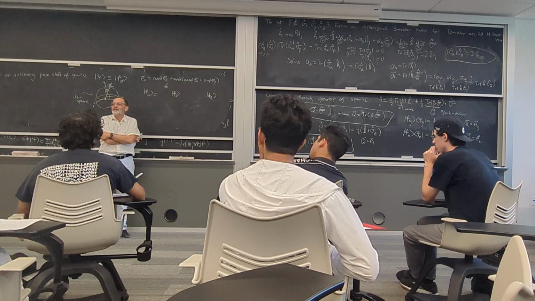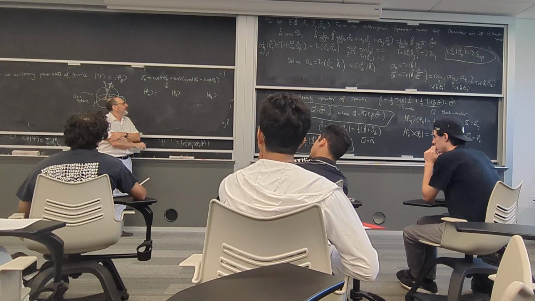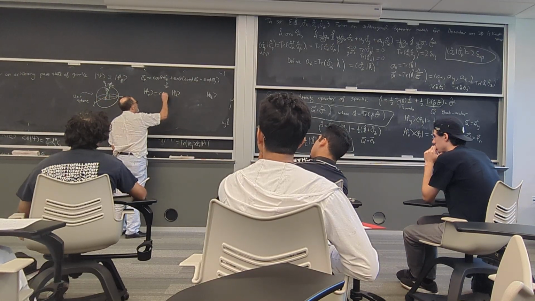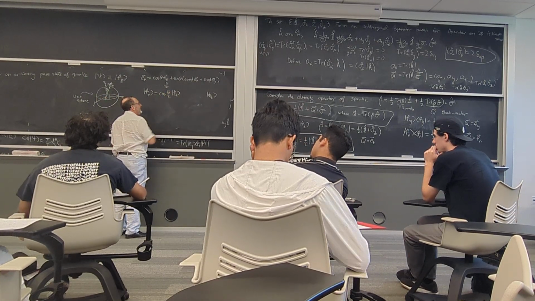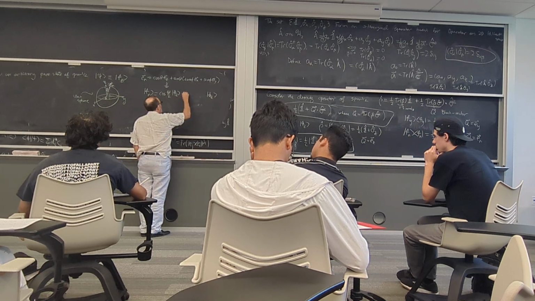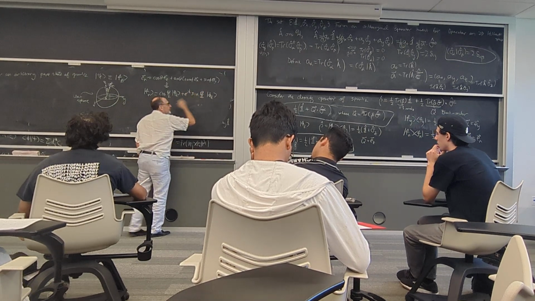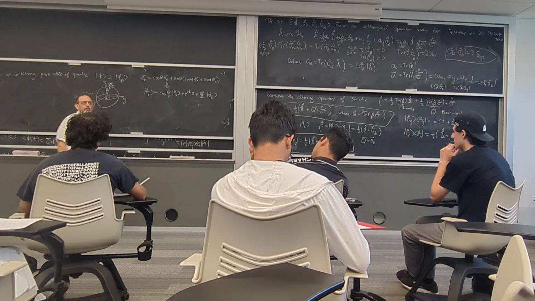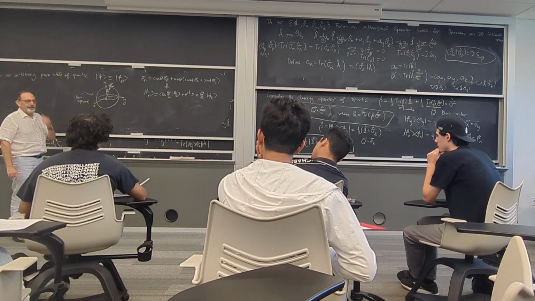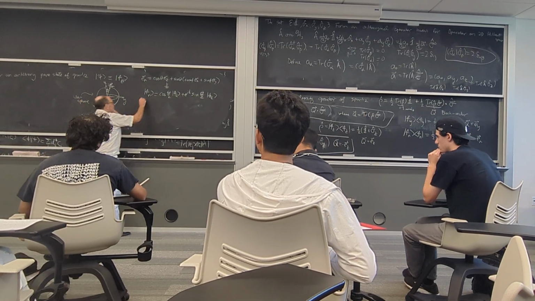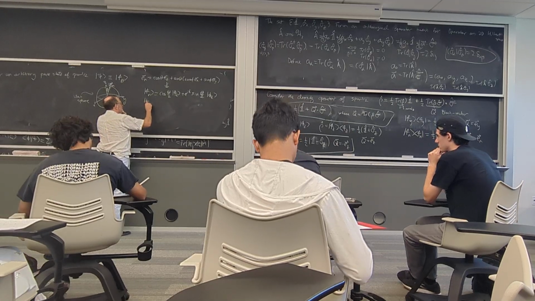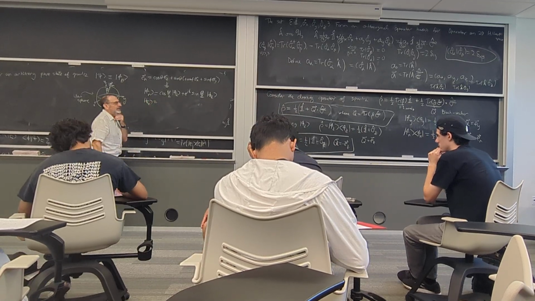What are those? Cosine theta over 2, plus e to the i phi. Now, this is up to overall phase. This is the convention we will choose, right? And spin down along z is